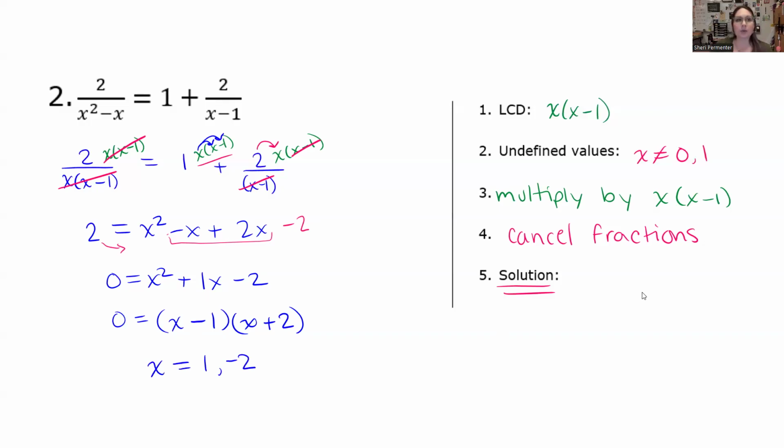Before I come over here and I put them as a solution, I have to double check. Are any of those numbers on my undefined values list? Yeah, if it is on the undefined values list, so x cannot be equal to 0 or 1. Well, it says x is equal to 1. It can't be. So we have to throw this number off the list. It doesn't work. So my answer is only